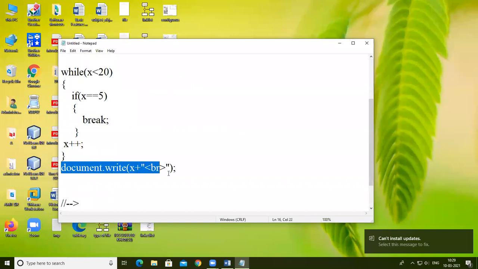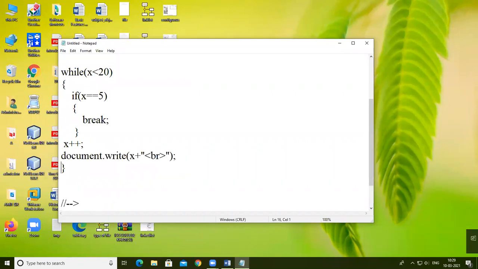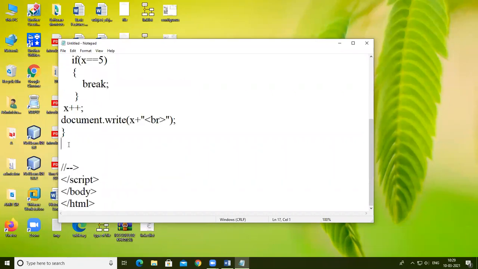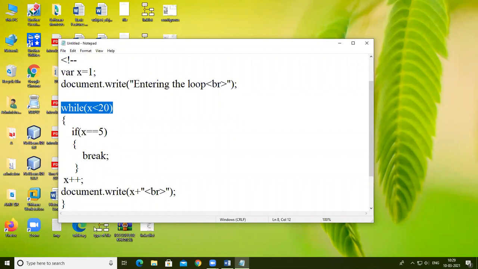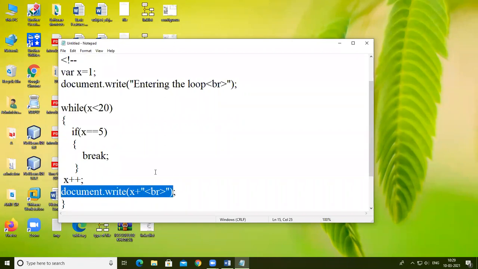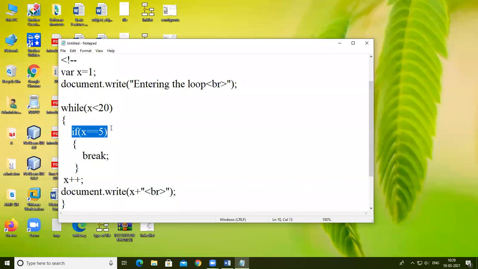So I'm writing the program by taking the numbers from 1 to 20, and it prints each number on the screen using this while loop. But the values break at the value 5, that is, when the value of x is 5. So let's execute this program.